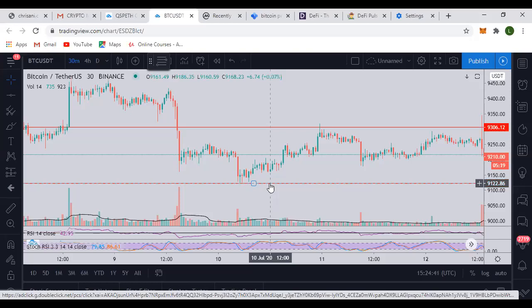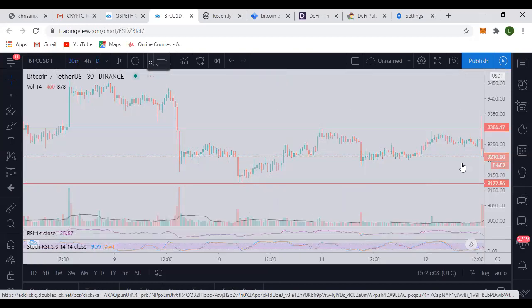Now, there are many cases of resistance and support. There are cases whereby the price is trending up. I'll also look for a live chart to show you guys that one. There are cases where the price is trending up, and then it's making higher highs and higher lows. So it's trending up.